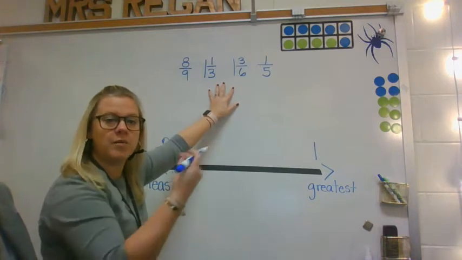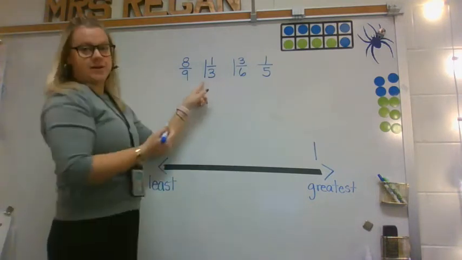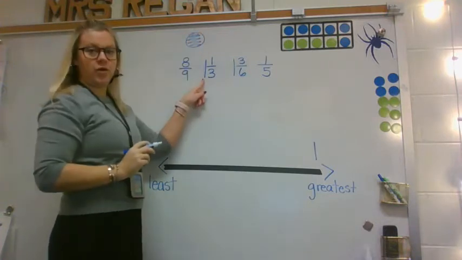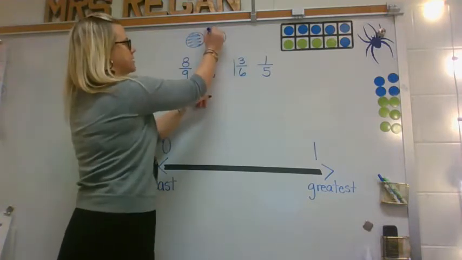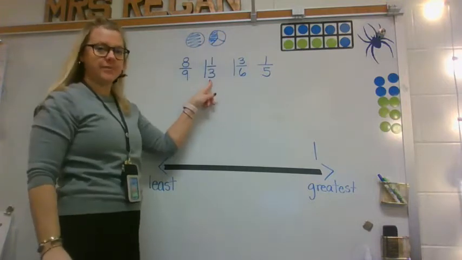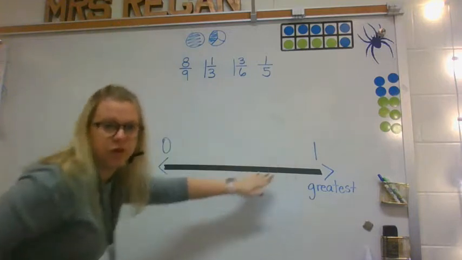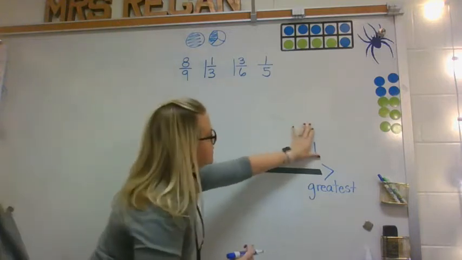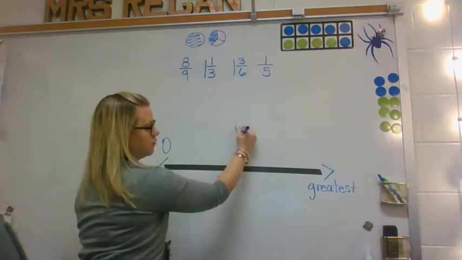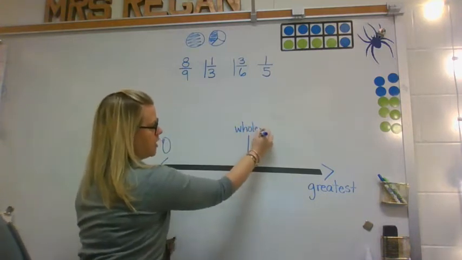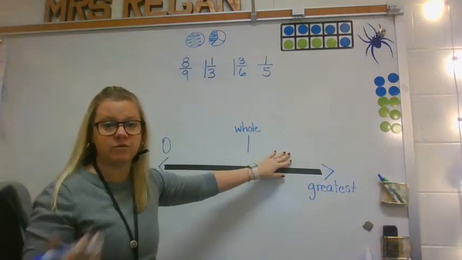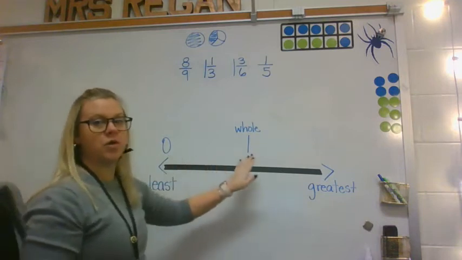It's 1 whole plus some extra. If I was going to draw this 1 1/3, I would have 1 whole pizza plus 1/3 extra. So my number line can't stop at 1 whole, which means I'm going to have 1 whole here. And I have to think about numbers that would be larger than 1 whole. So what number comes after 1? Let's just count it out. 0, 1,